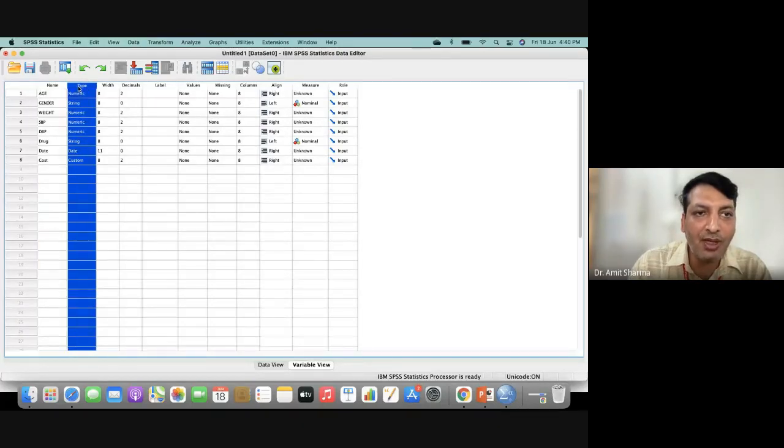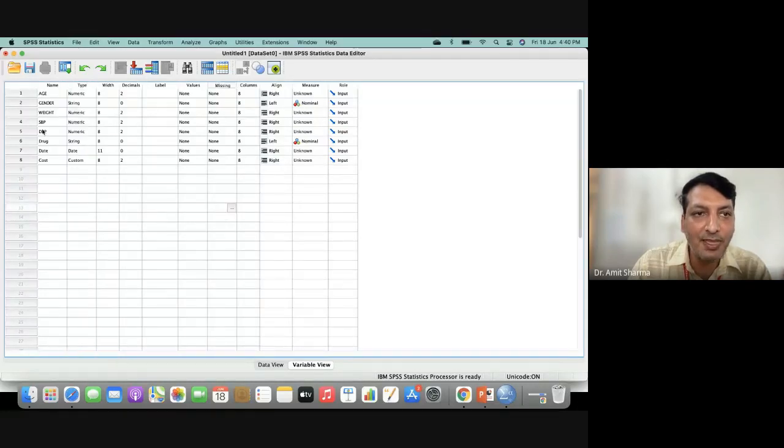After that, type you have to suggest. Now if you make a mistake here in the type, the software will show the error to you while applying the statistical test. Now you can see the changes wherever I have chosen the string in case of gender and in case of drug.